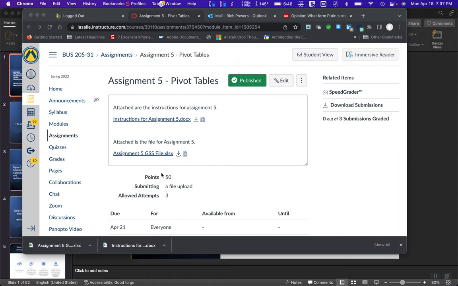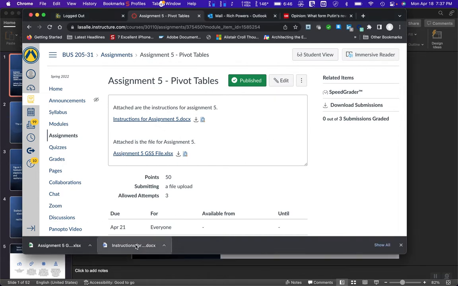All right. So in looking at the instructions for assignment 5,